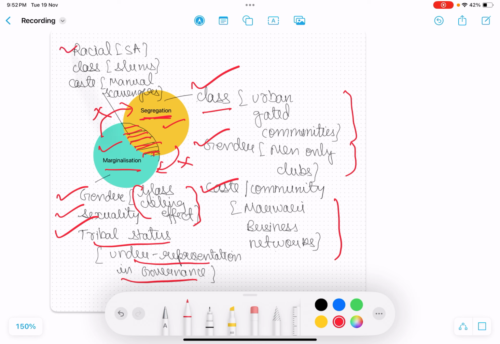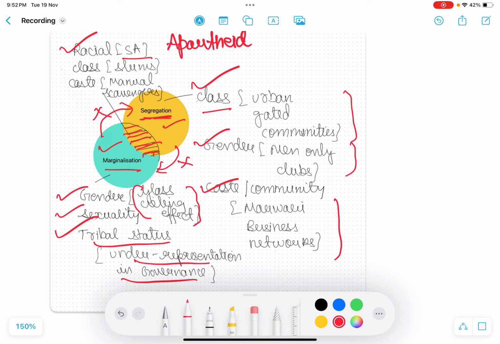So for example, racial discrimination in South Africa, the apartheid regime, right? There, we find that there was this segregation on the basis of race. We definitely remember the Gandhiji story, right? So separate compartments in the train, different for whites, different for dark-skinned people. So that's both segregation, and it results in marginalization, reducing the significance and importance and sidelining and pushing to the